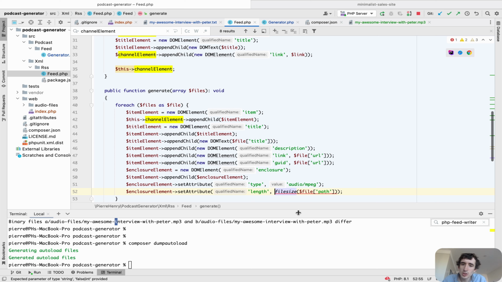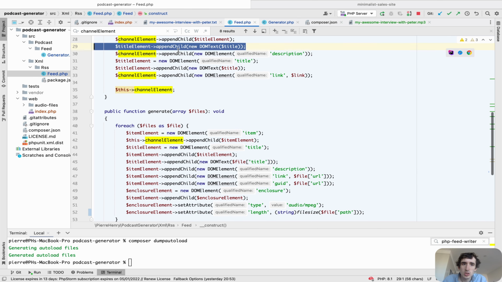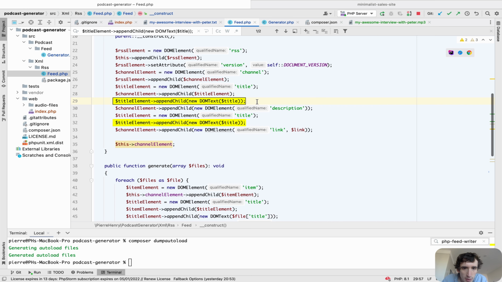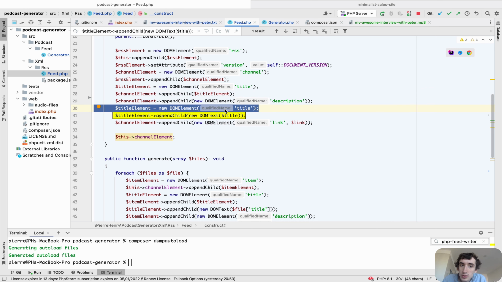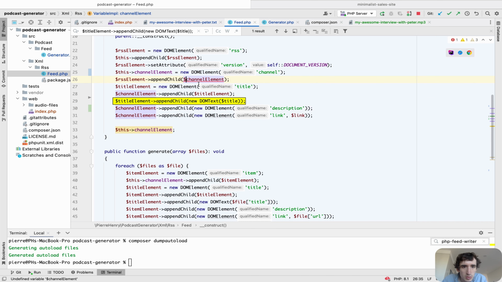Oh yeah. First, the file size has to be a string. So I will have to change that one first because the argument has to be a string. And then here you can see I had title twice for the DOM text. So I duplicated once, which is the same. So I have to get rid of that one for sure already. Yes, and then